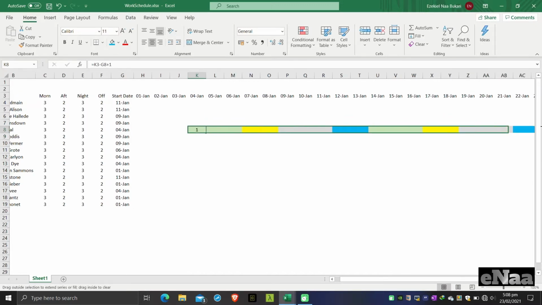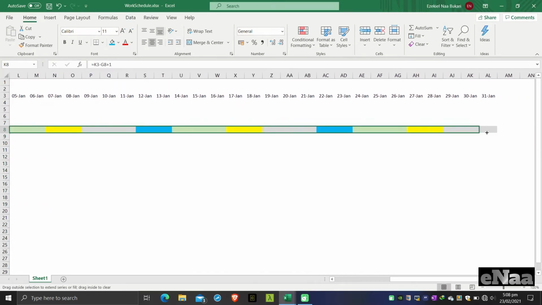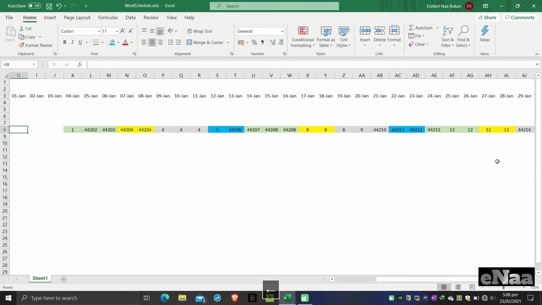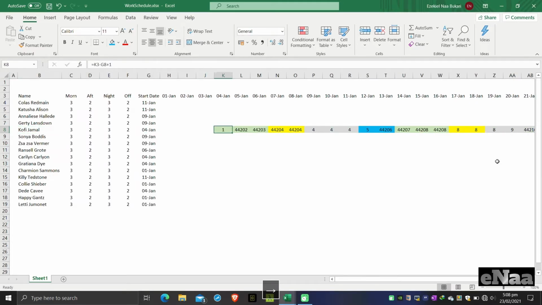Let's drag it. Fill without formatting. And we are getting a strange result here. Okay, let's see. This one is picking from the correct place. Let's check the next one. F2. It is picking from the date here, but strangely it is picking from 1st January instead of the start